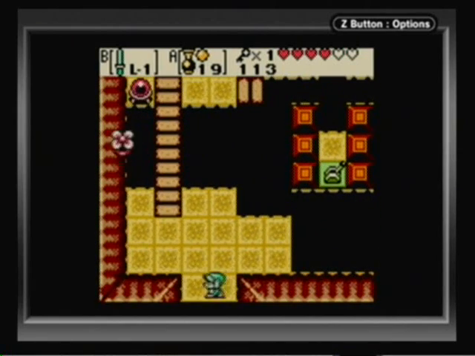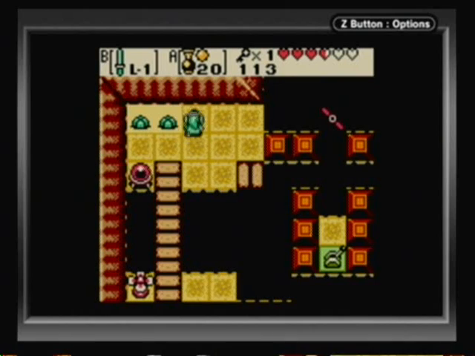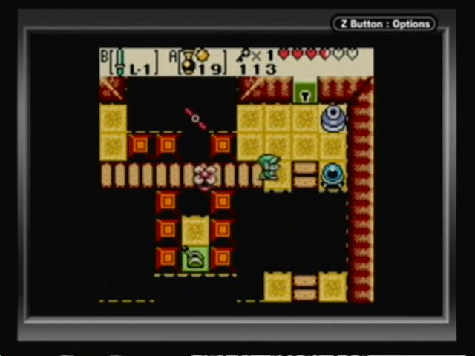Ow. See, I hate pea-hats. They're not, like, hard enemies, they're just annoying. Okay, so we'll make use of our new seed shooter to hit some switches, which will allow us to...